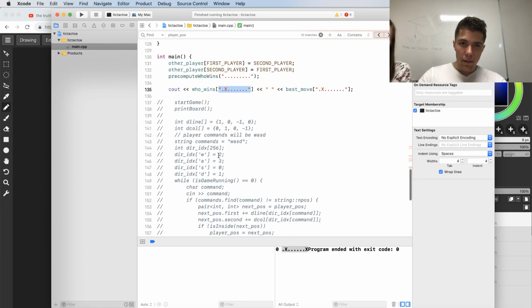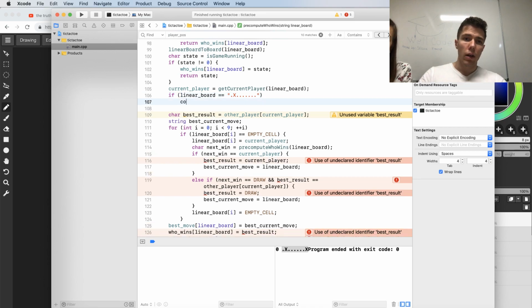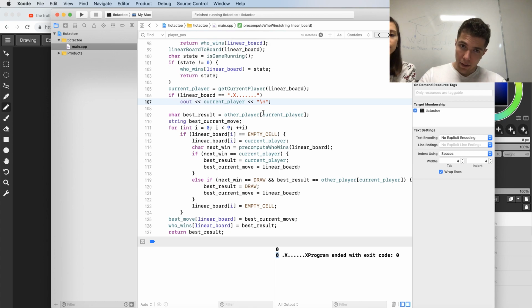So you're printing the debug messages? Yeah. If linear board equals this, I want to see who the current player is. It's 0. Okay, this is fine, but then I want to see for every position